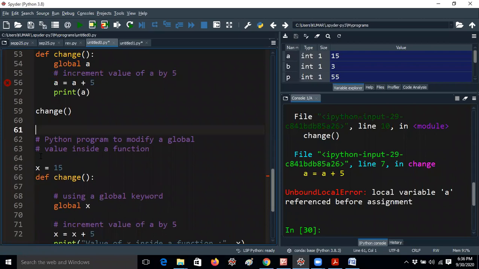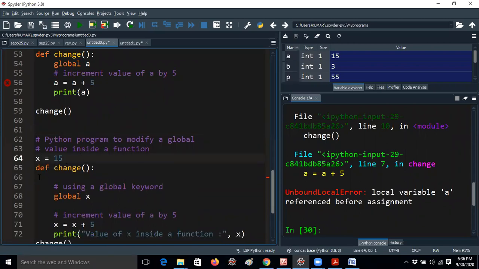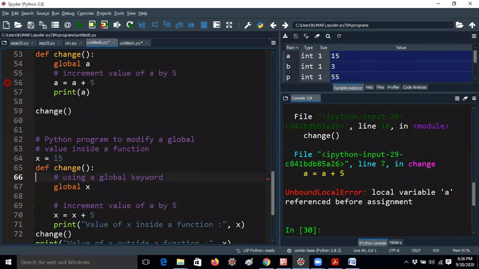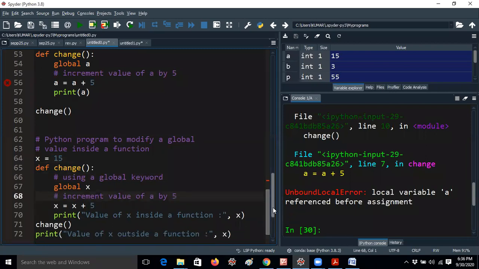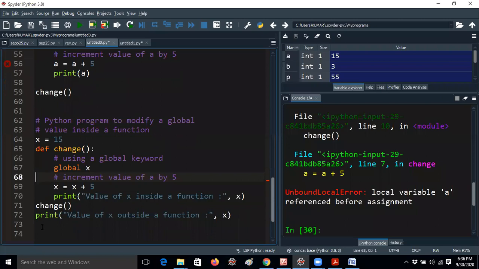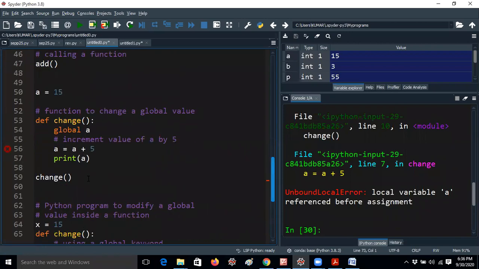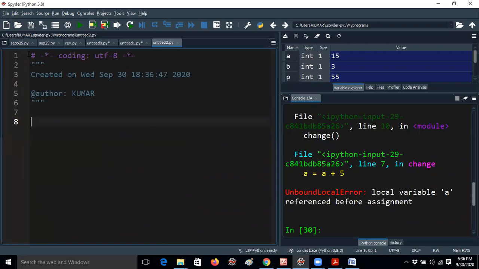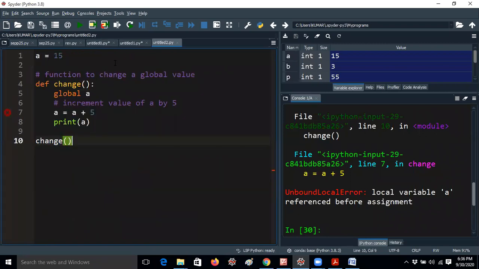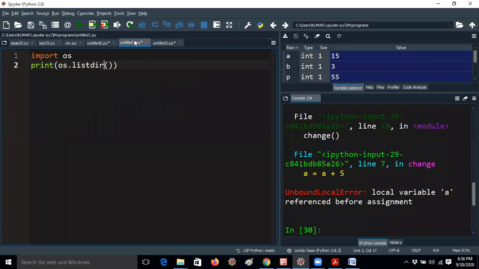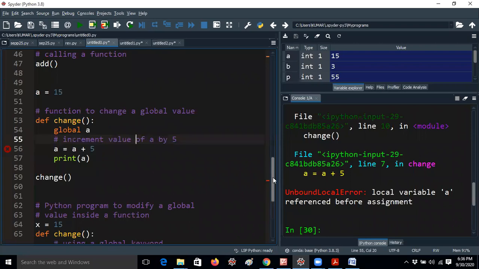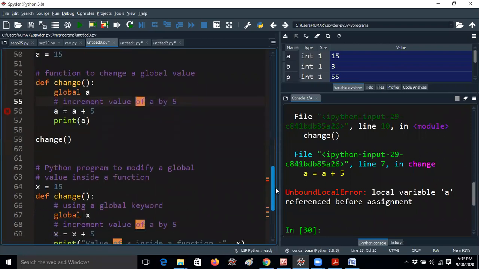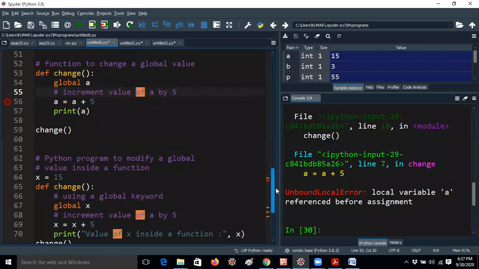Now, Python program to modify a global value. I will copy this code in a different place. Sometimes Spyder IDE is not responding and it shows errors like this. Please wait, guys. The spelling is correct, global, that is also correct.